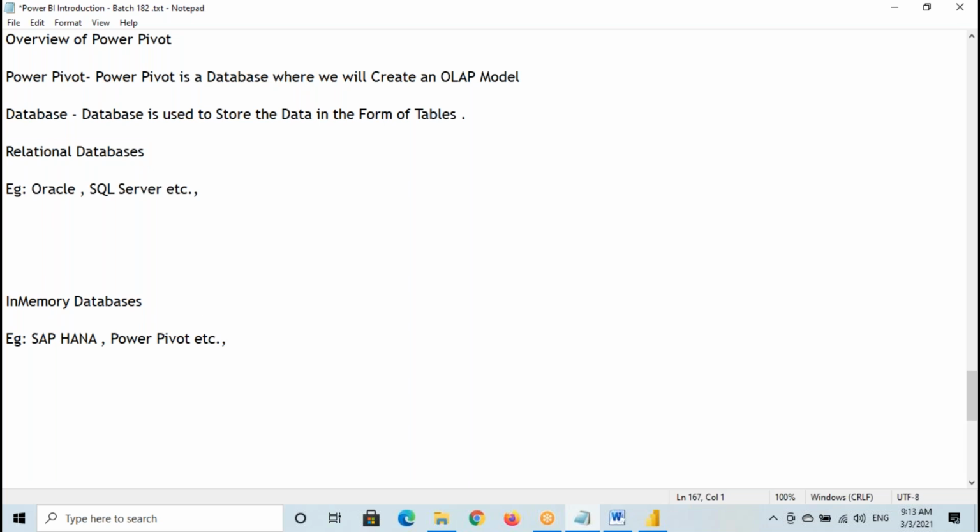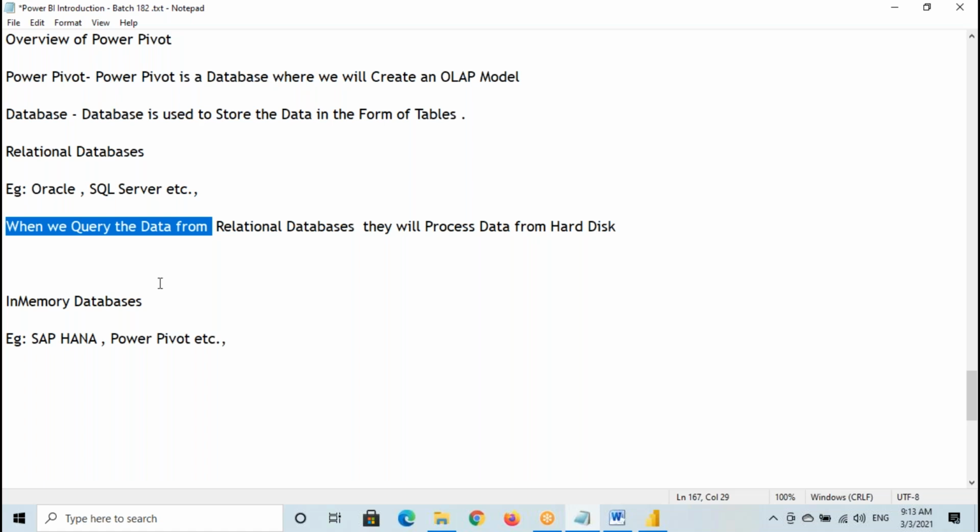When we query the data from a relational database, they will process the data from the hard disk. When you query the data from an in-memory database,